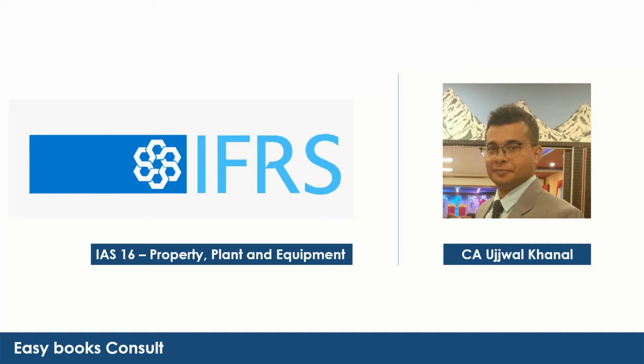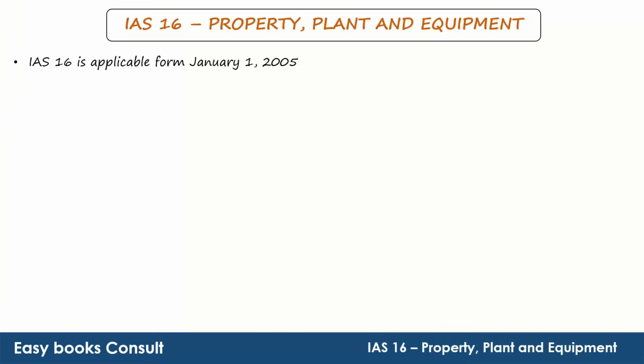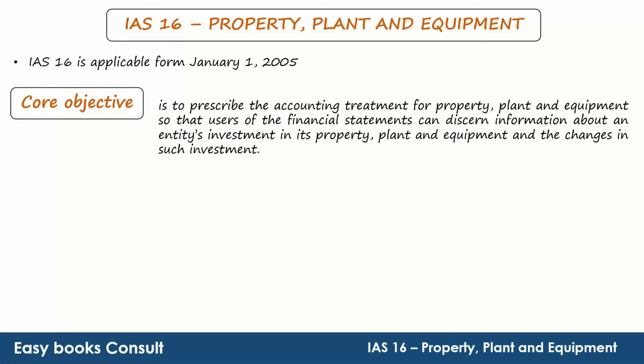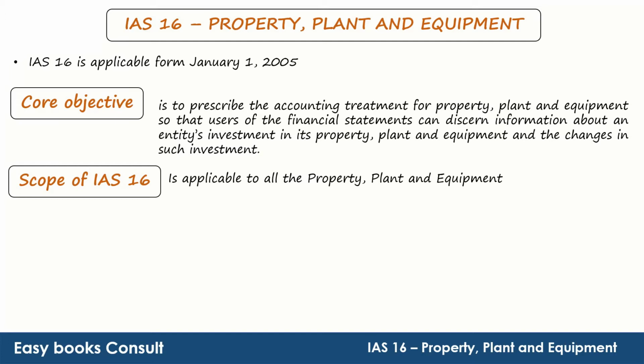But let us focus on IAS 16 today. IAS 16 is applicable from 1st January 2005. The objective of IAS 16 is to prescribe the accounting treatment for property, plant and equipment so that users of the financial statements can discern information about an entity's investment in property, plant and equipment and the changes in such investment. IAS 16 is applicable to all property, plant and equipment except